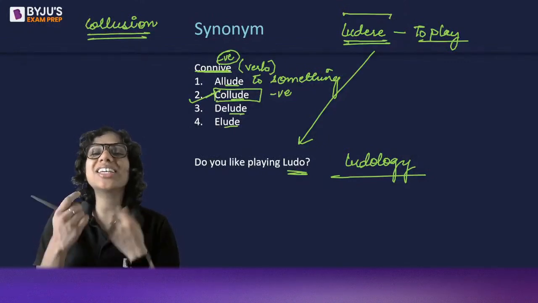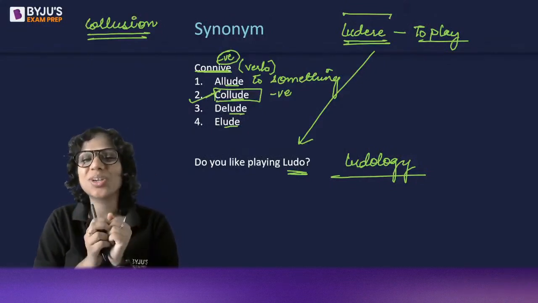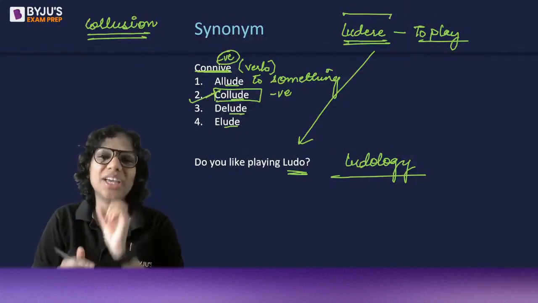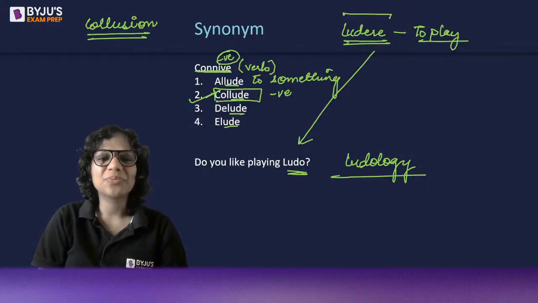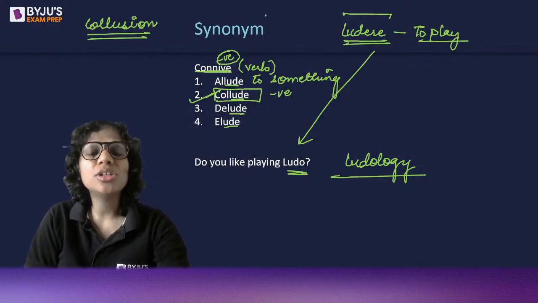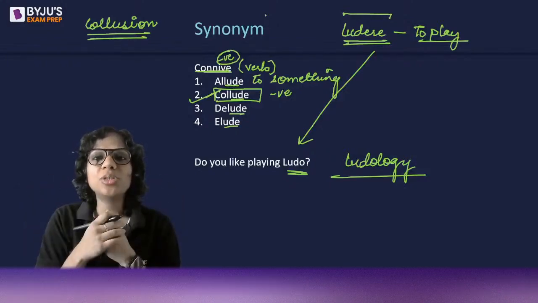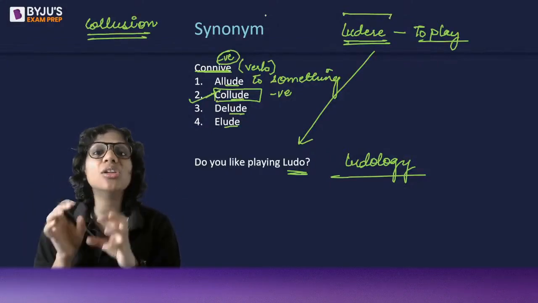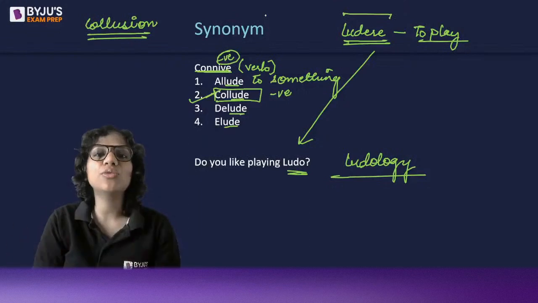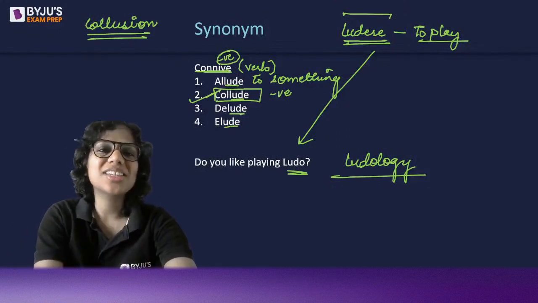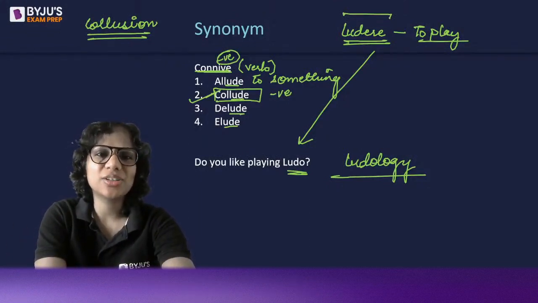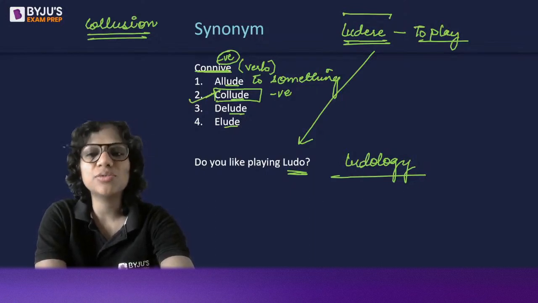Okay, so in a way it's a game of sorts. You hint, the other person has to guess. That's why the root ludere here. Okay, so how is collude negative? It's negative because it means when you collaborate or cooperate with someone in a very secret way, in a very unlawful way, right? That is the meaning of collude. All right, so that's why it's a negative word. The meaning itself is negative. You want to gain advantage over others, you want to deceive someone.